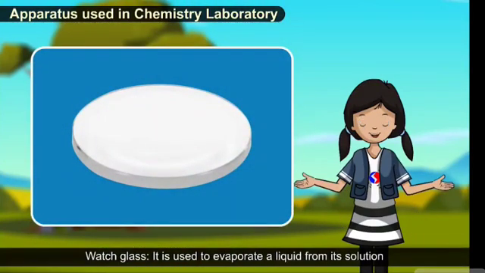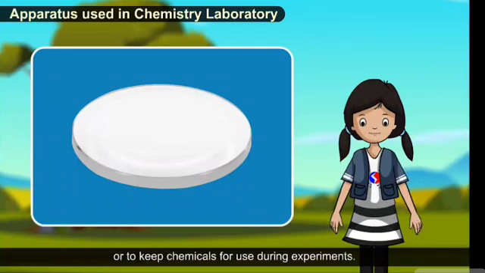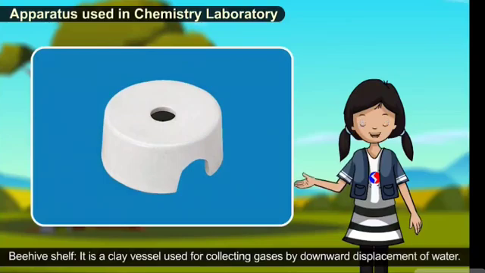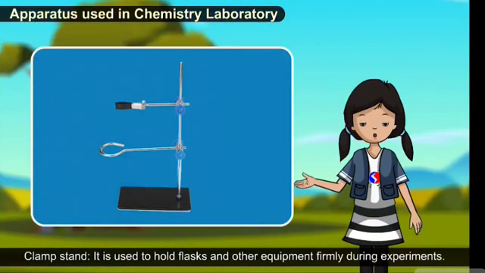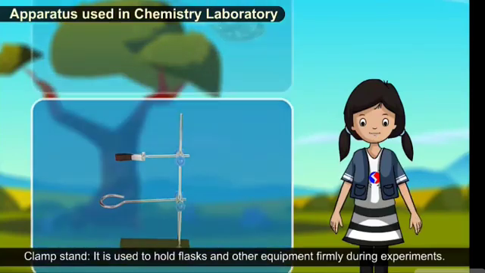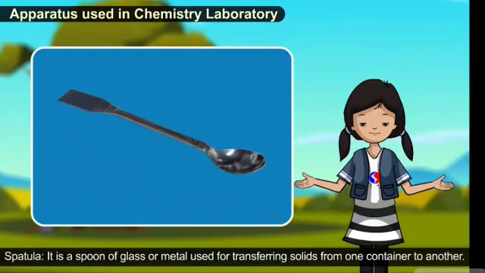Watch glass. It is used to evaporate a liquid from its solution or to keep chemicals for use during experiments. Beehive shelf. It is a clay vessel used for collecting gases by downward displacement of water. Clamp stand. It is used to hold flask and other equipments firmly during experiments. Spatula. It is a